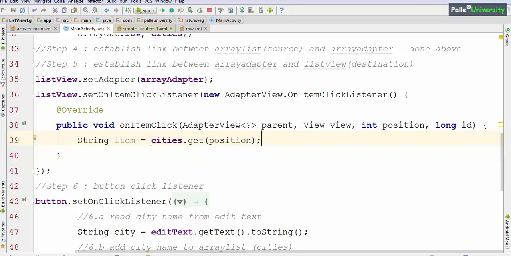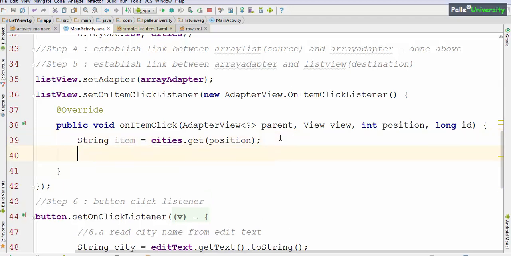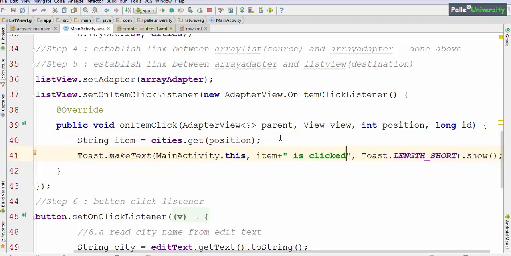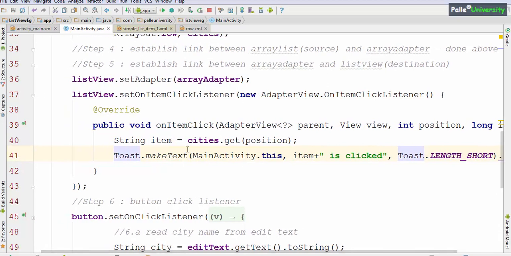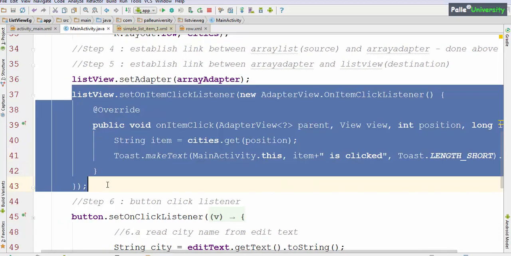So whatever element the user has clicked, based on the position, we are retrieving the element from the cities array list, giving it to the string item, and we will display it with a toast message, "item is clicked". If it is Bangalore, it will display "Bangalore is clicked". So with this, our list view onItemClickListener is over. It is as simple as that.